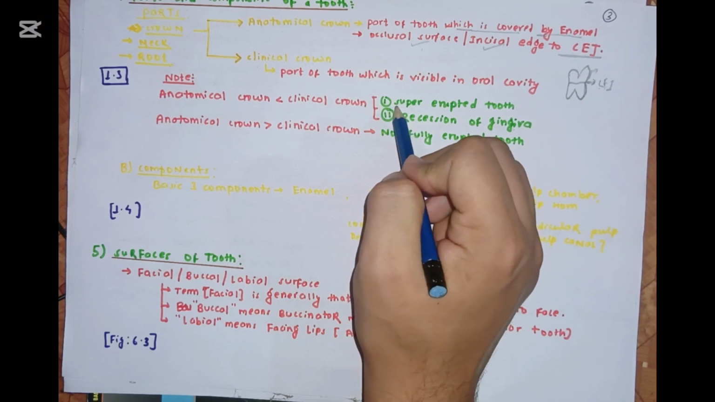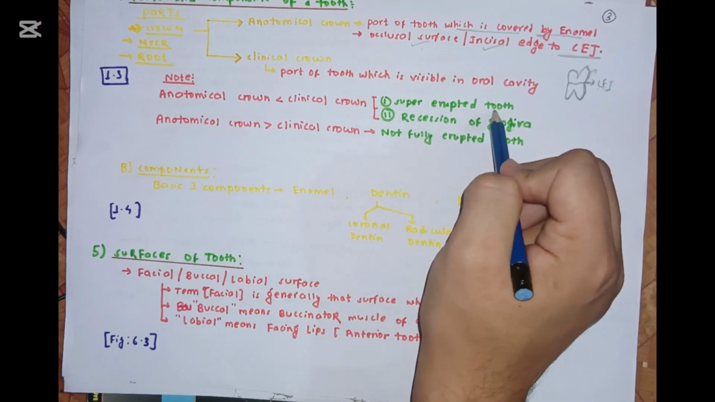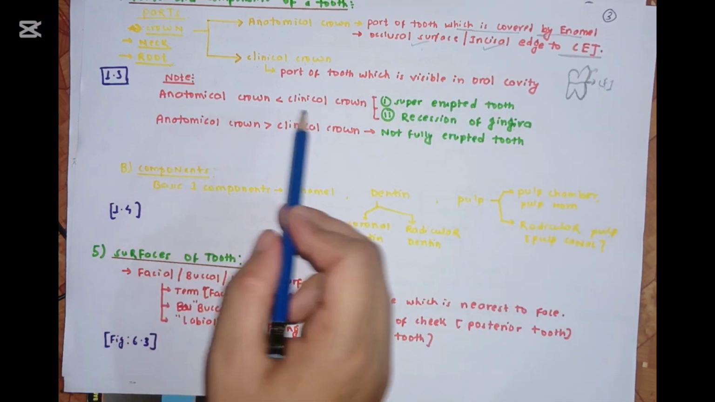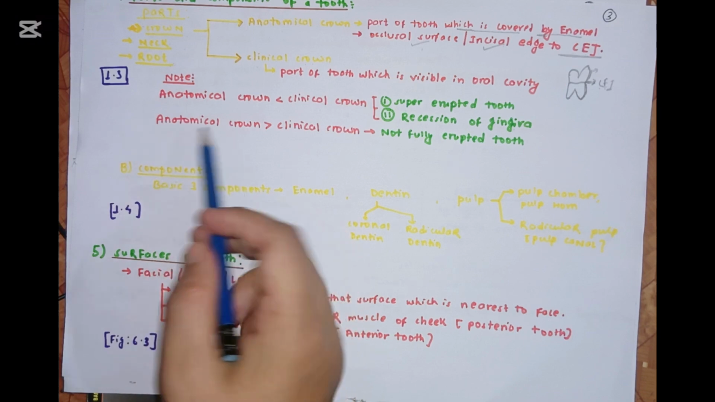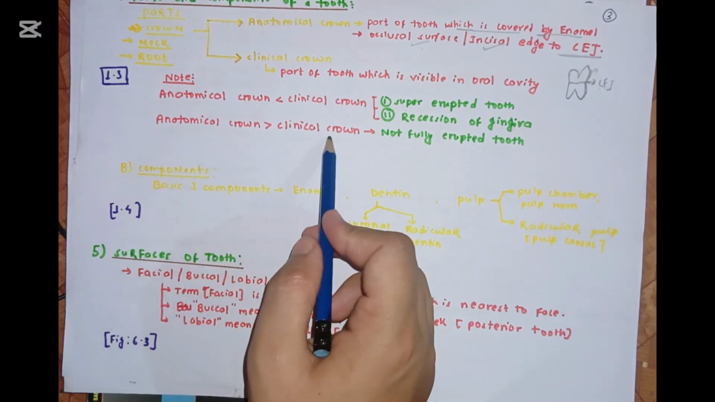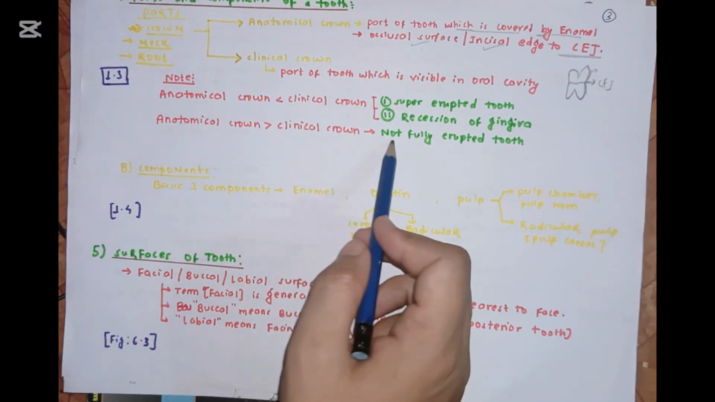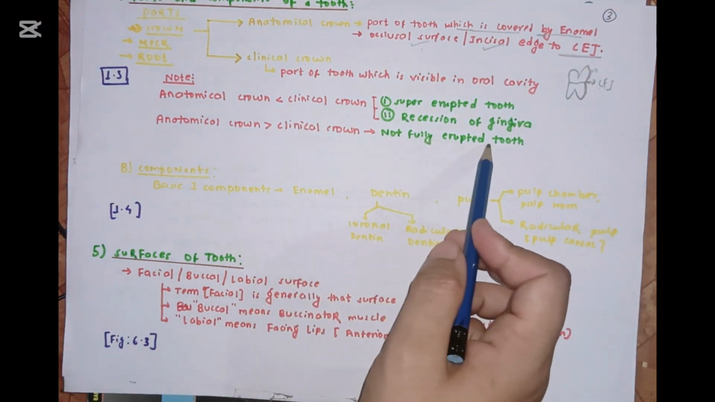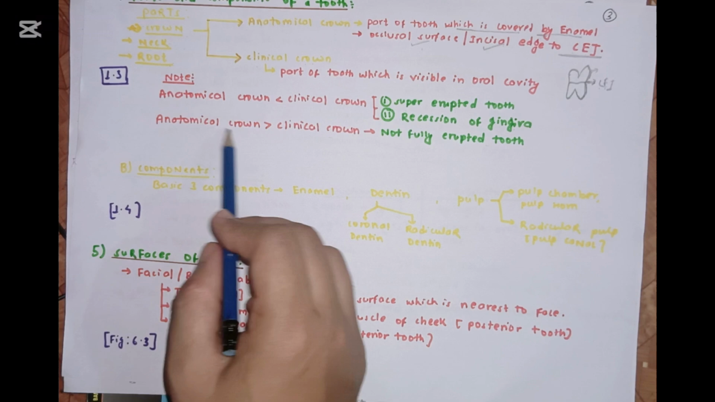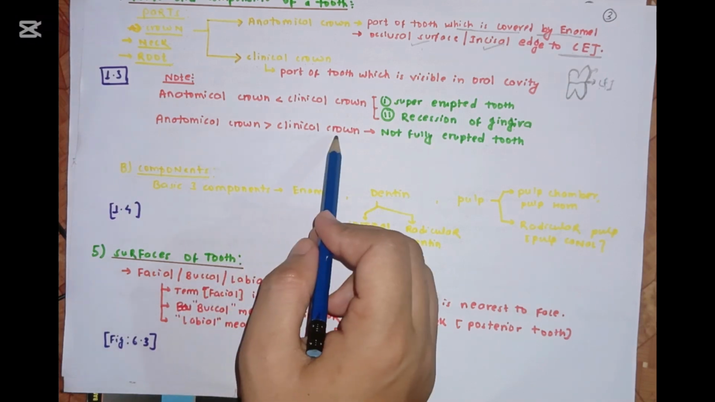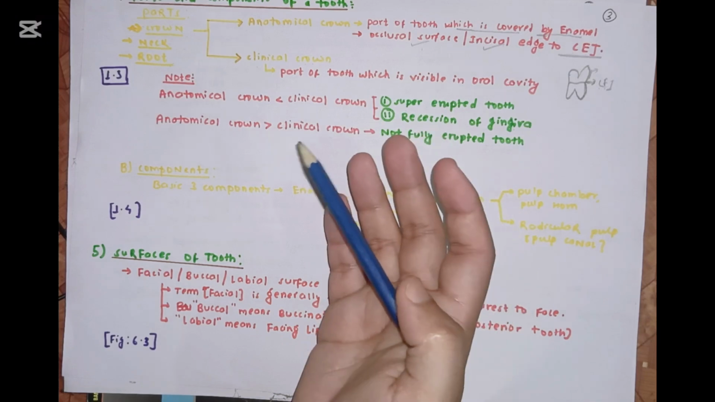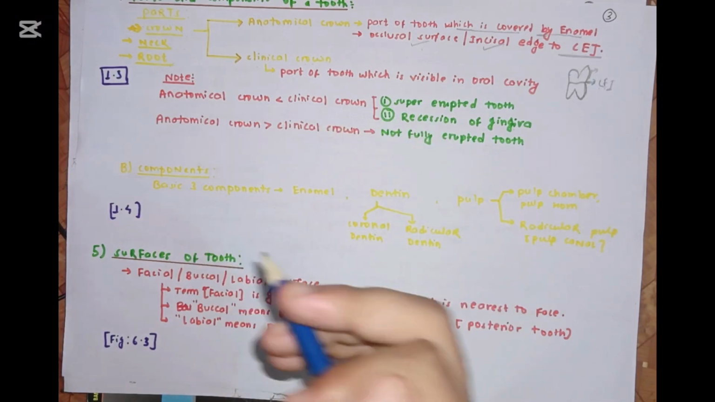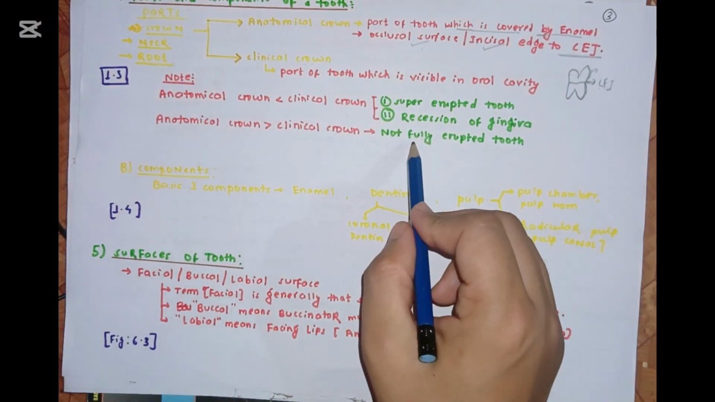Or also sometimes in a super erupted tooth. Similarly, as you guys can wonder, we know that anatomical crown is greater than clinical crown, but also in this scenario, when the tooth is not fully erupted, in such case anatomical crown is much greater than the clinical crown. Okay, normally also anatomical crown is greater than clinical crown, but in the case of not fully erupted